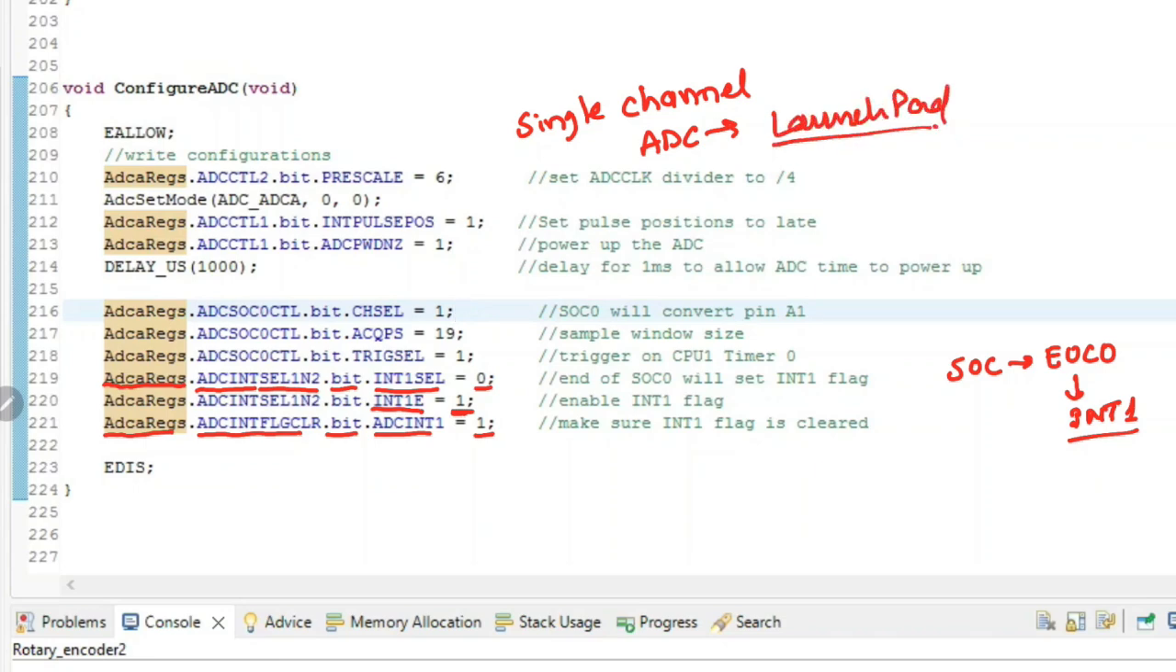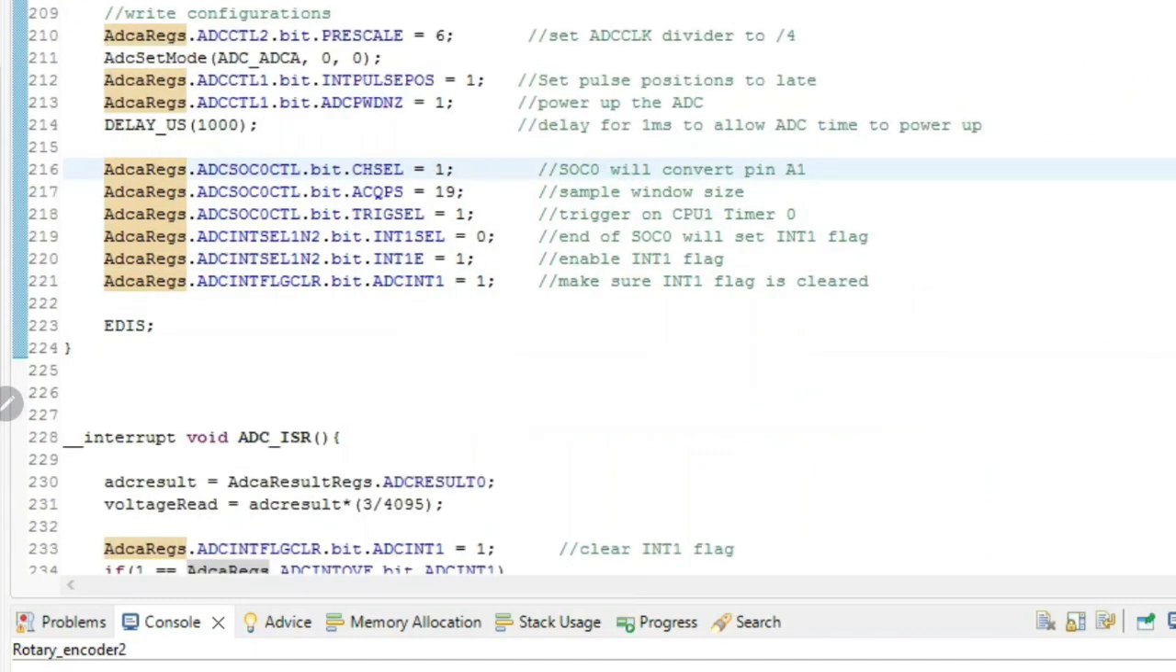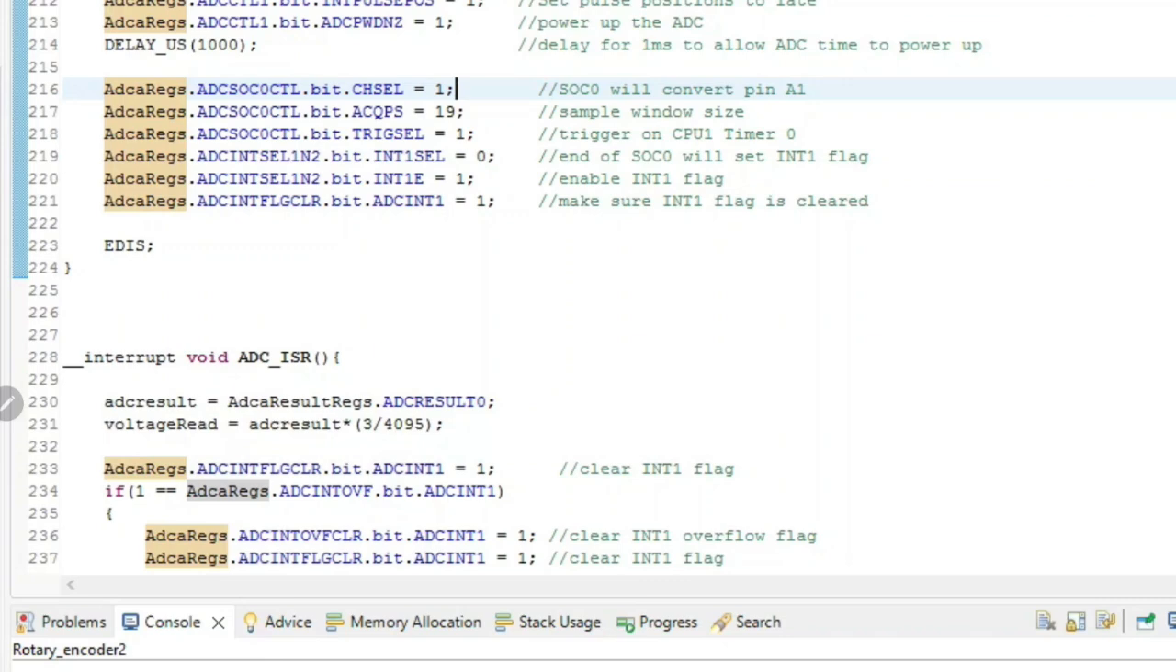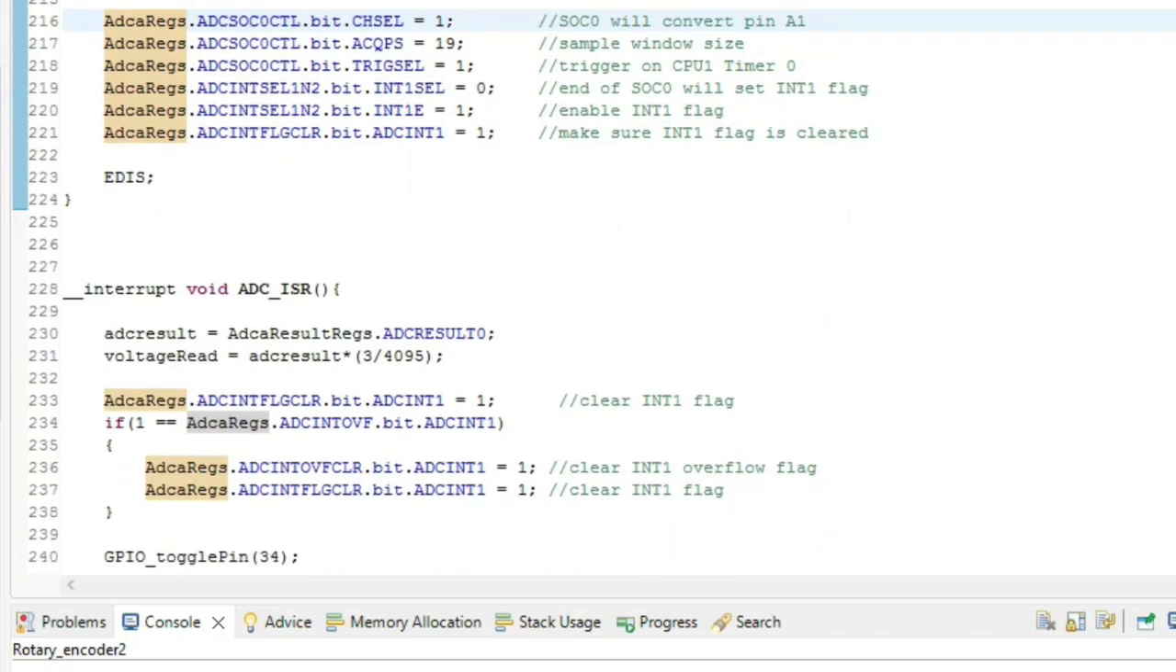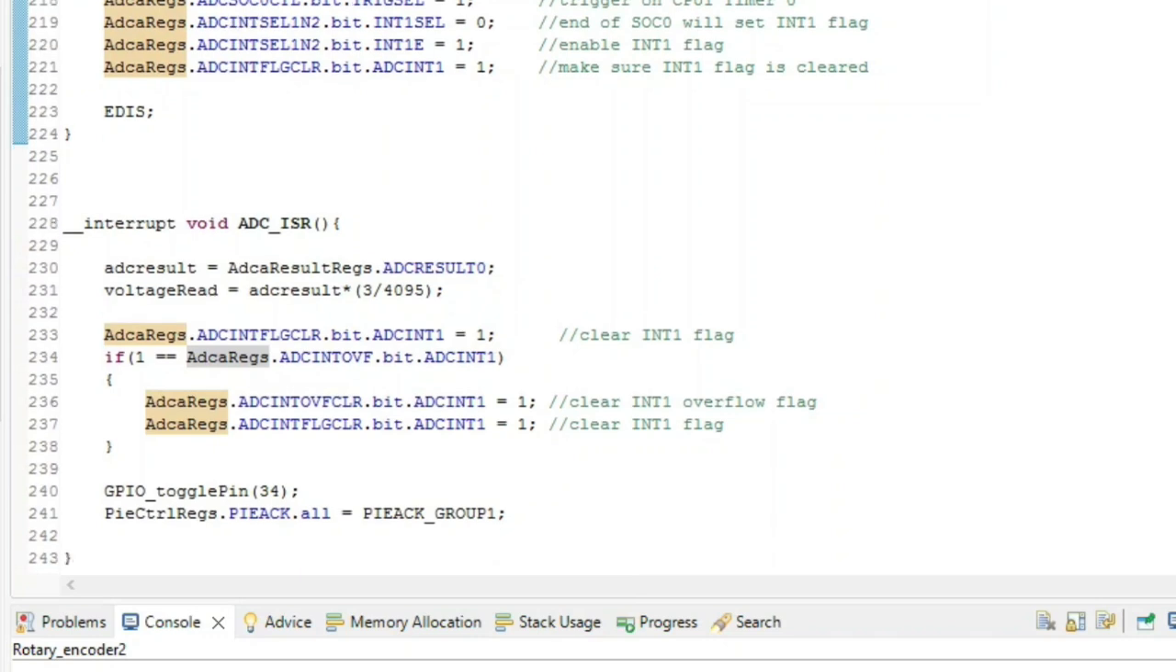Now once the interrupt is generated, it should go to its ISR. So in the ISR we have to clear its overflow flag and interrupt flag register. So we will go to the ISR and look at what we have written in the ISR. So whenever the interrupt is generated, whenever the end of conversion is done, it will come to the ADC ISR,